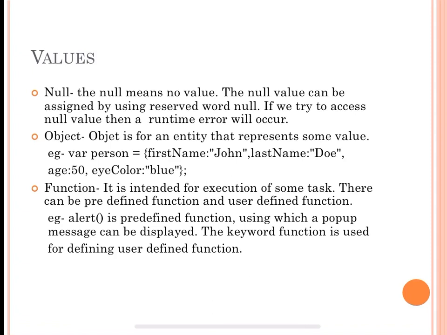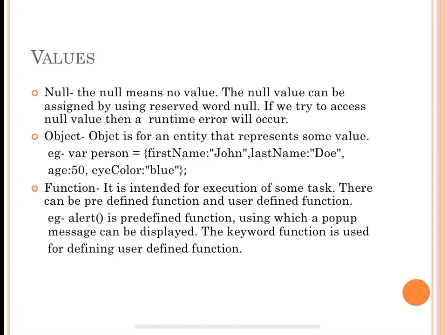Okay. So next one is object. Object basically defines an entity and it represents a certain value. So in case of JavaScript, document, window, then fields and buttons of a form can be objects. Given below are examples of the object data type.